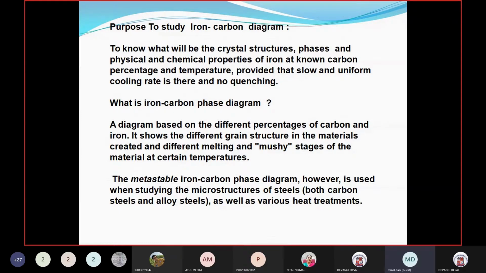In plain carbon steel, with the iron, the Fe, carbon is the main alloying element, and with that some amount of silicon, manganese, sulfur and phosphorus. Sulfur and phosphorus are impurities that are there when you produce any steel. The main purpose of this diagram is to show, with different temperature and different weight percentage of carbon, what different phases are present, because each and every phase has its own identity.